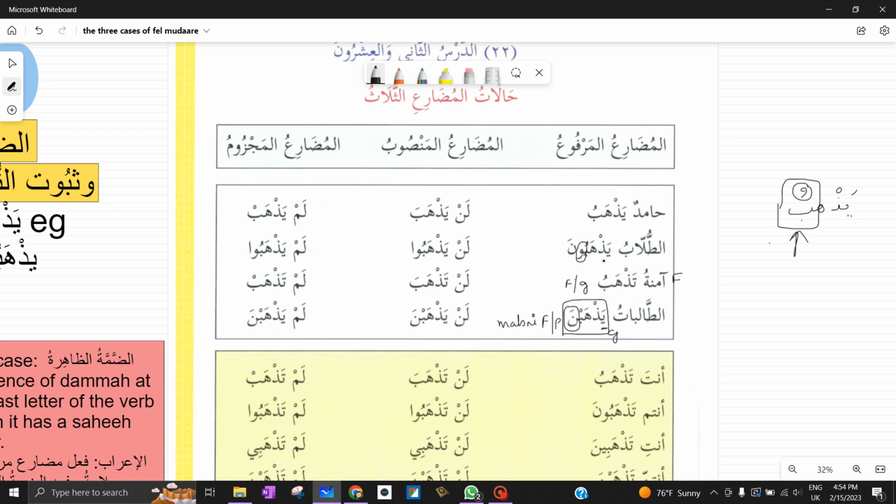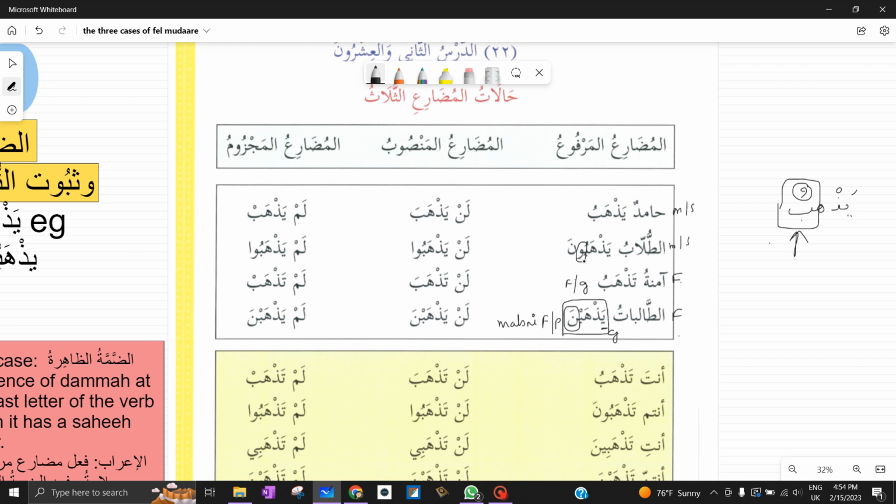Here it is for ghaib plural, male jama, and this is for feminine. These two are for feminine, singular, and then jama. This is also male, singular, and male jama. So they are dealing with four. They aren't doing the dual form right now. So this is all the marfu cases.